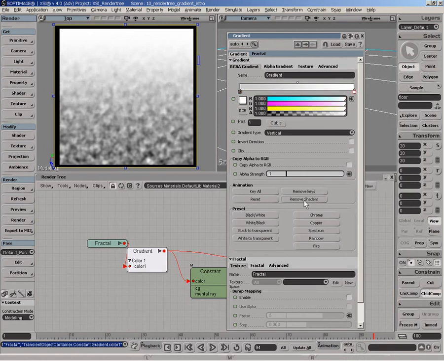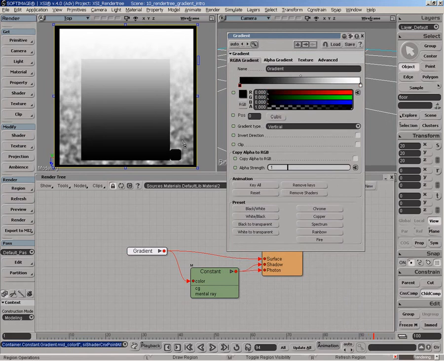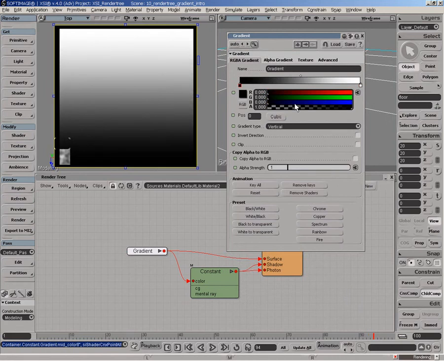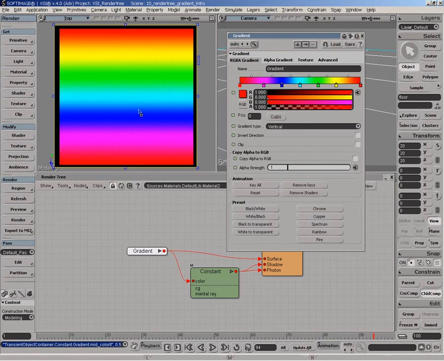If I say remove shaders, it's actually going to delete and disconnect all the shaders connected to markers. So if you click here, it will basically go back to the previous state, which is the marker color that was set before the connection was done. If you say reset, it's going to bring back some sort of default values for all the actual